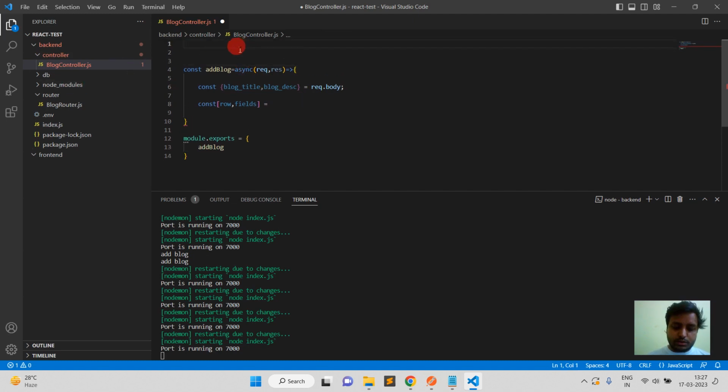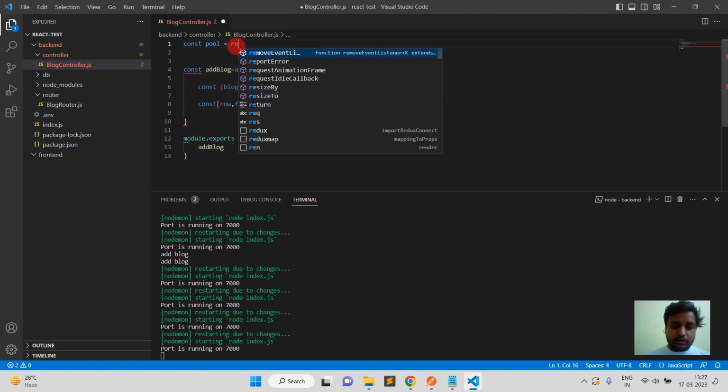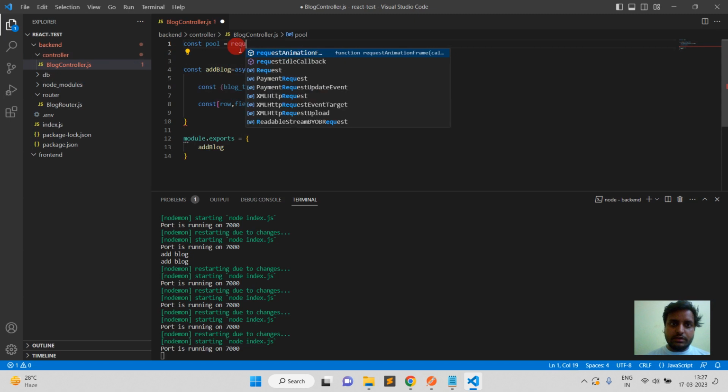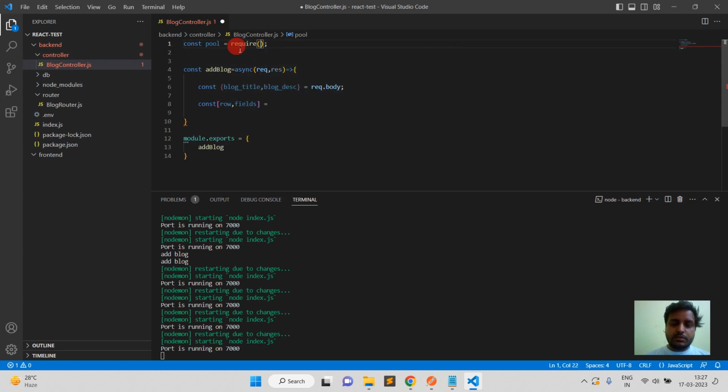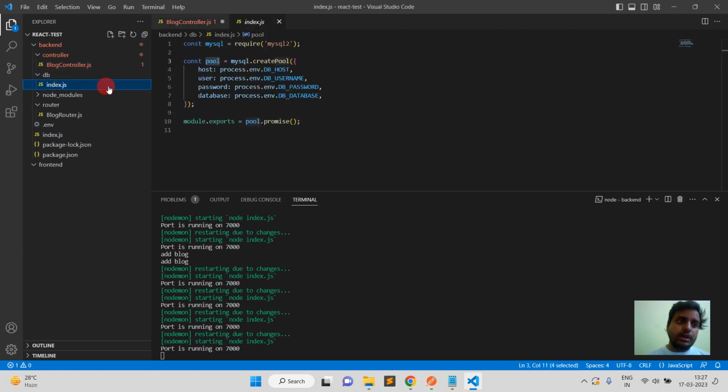Okay, so here we will use const pool, and this pool is available inside this db folder, and inside this db folder you will get this index. Okay, here we have defined our pool,